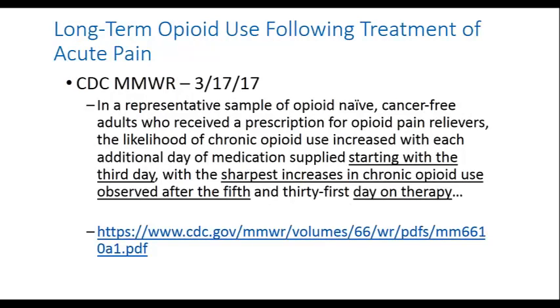The CDC recommendation I mentioned on the previous slide was published in 2016. In 2017, the CDC released new findings as noted on this slide. They found that in patients being treated for acute pain who were not previously using opioids, the risk of still being on opioids a year later started increasing with the 3rd day of opioid use, with a sharp increase